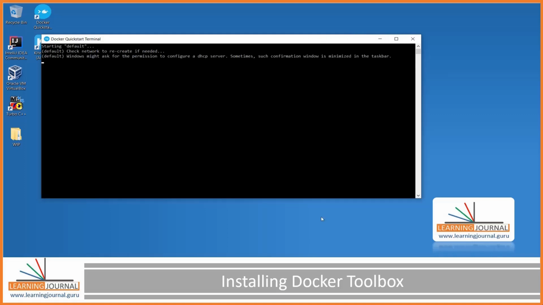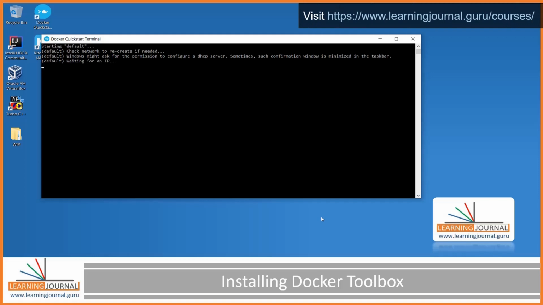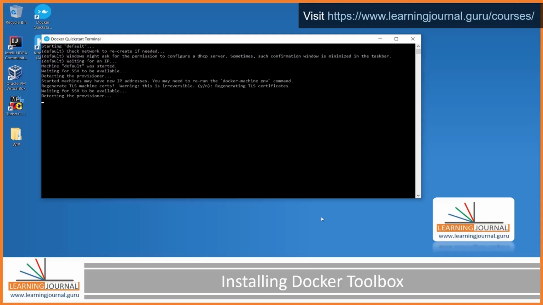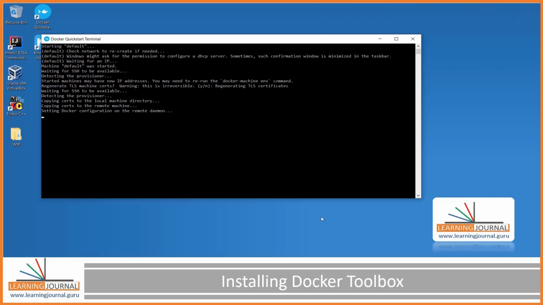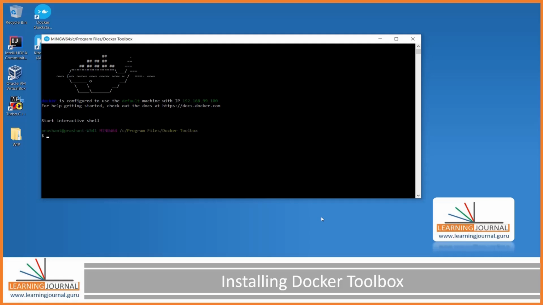Getting the Docker Toolbox to work is sometimes tricky. It might show you some pre-check failure errors and ask you to enable virtualization in your system BIOS. However, you should be able to fix those small hurdles and get it working. If everything goes well, you should be seeing a shell prompt and start running your Docker commands.